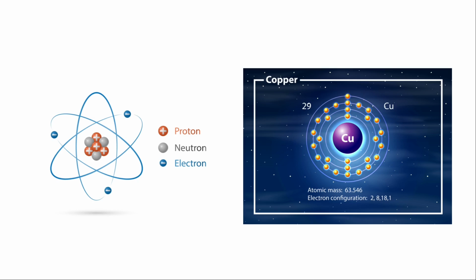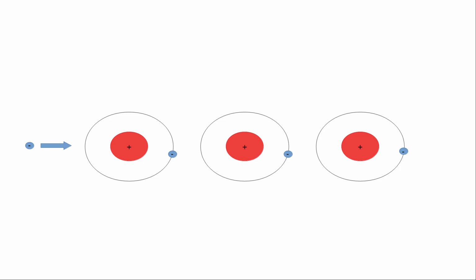This makes copper a great conductor, because the valence electron can easily be moved. If you would send an electron to the copper atoms, each atom would eject this valence electron to the next atom. This process is repeated until the electron passed by the last atom. At the end, each atom is uncharged and has a single valence electron. However, one electron was able to move from the left to the right through the atoms.